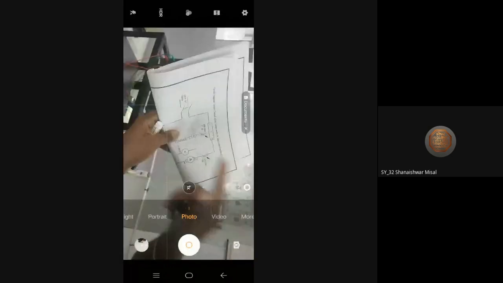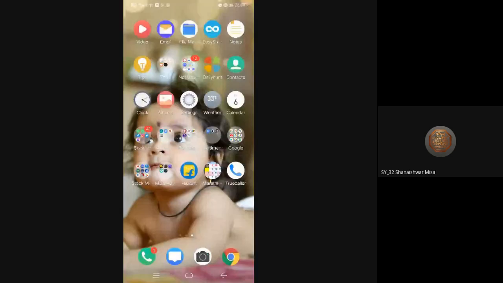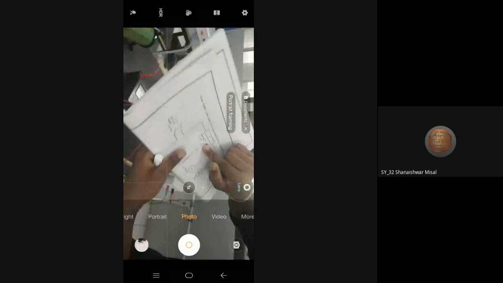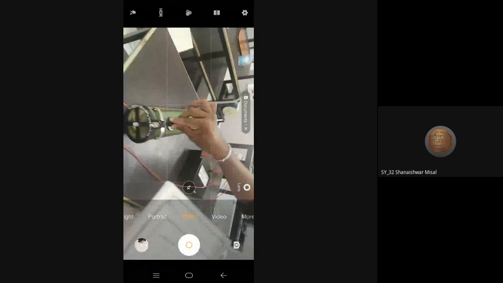See, this is my positive terminal, this is my negative terminal, as we had seen in the figure. Now this positive terminal is given to the line. Here I have a starter. From that, F means F1 and F2. So F1 is given to one point of the rheostat. I am taking one point out from this field, and it is given to one terminal of the rheostat. Now my rheostat is at this place.